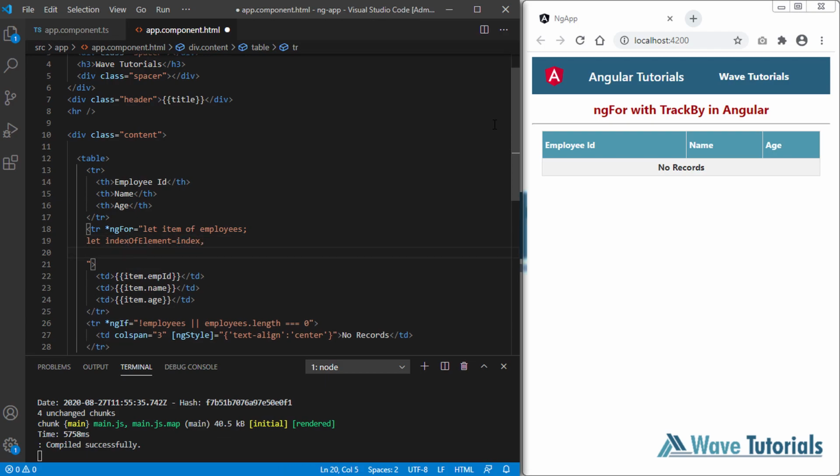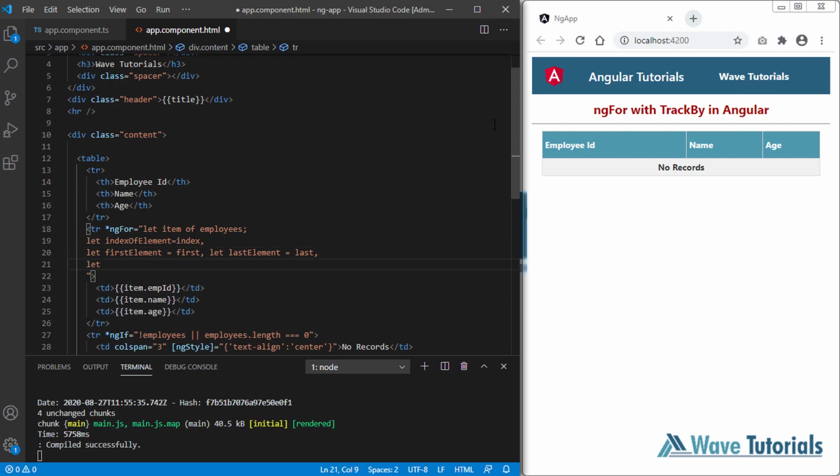The same way, let's declare another variable, first element, and set its value to first. Let last element, and set its value to last. The same way, let even element and set its value to even. Let odd element and set its value to odd,